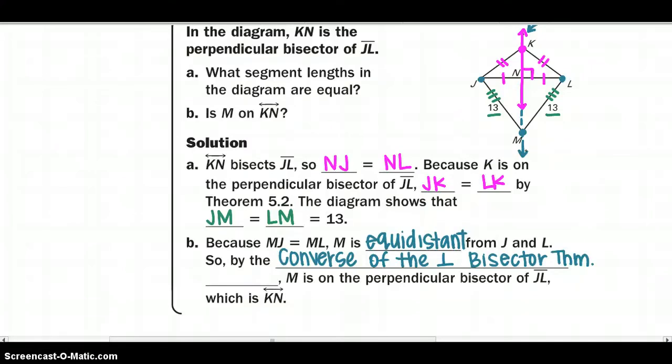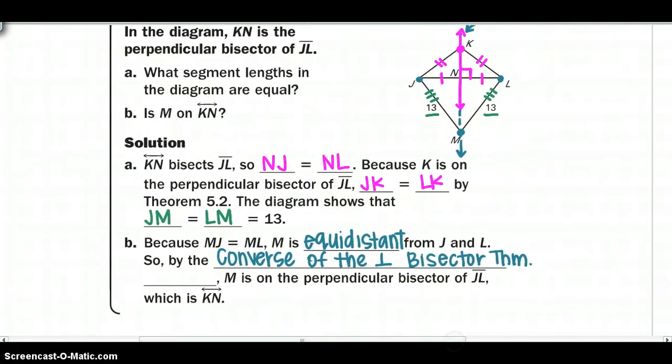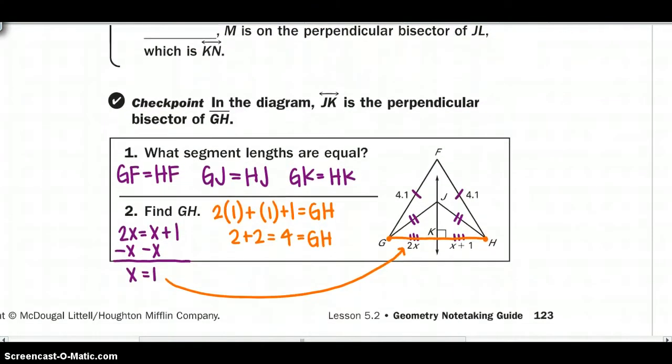Go ahead and stop this video and do checkpoints 1 and 2. Here are your answers for checkpoints 1 and 2. And now moving on